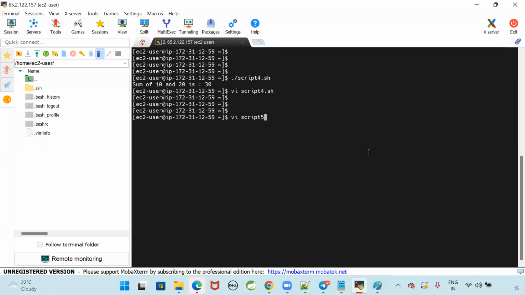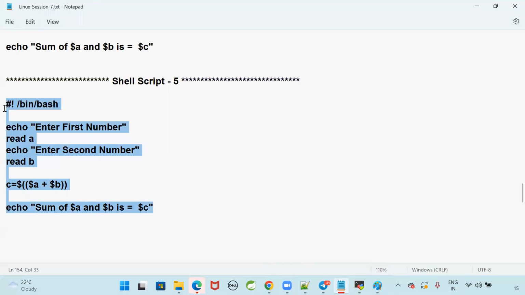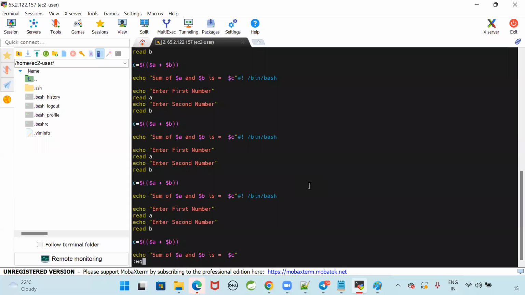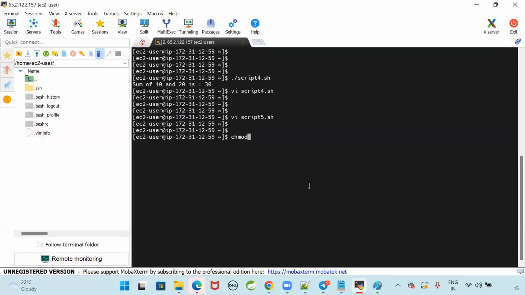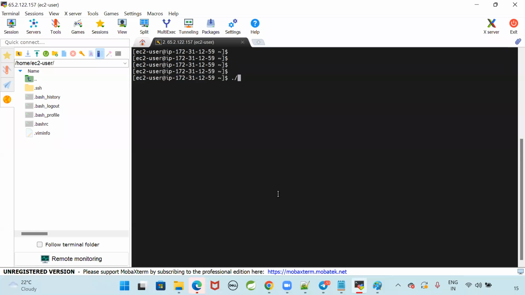vi script5.sh. Insert mode, copy this script. Yes, I have created the script now. Save it. chmod, you can give 755 script5.sh. ls -l. For user, we got all the permissions. Okay. Then ./script5.sh